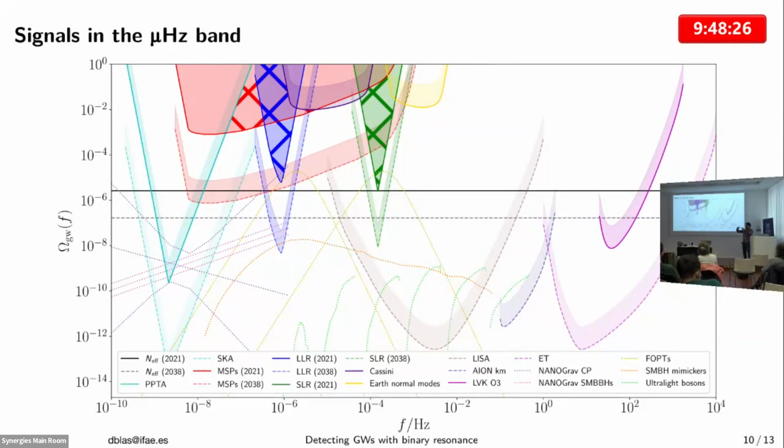And as it spins, this cloud has a very, very big moment of inertia, which is moving. So it generates gravitational waves, which are almost monochromatic, right? And the frequency has to do with the spinning of the black hole. But to generate the cloud, the spinning and the mass of the dark matter candidate have to be related. And if you take what people expect for these black holes to be emitting for different dark matter masses, this is for 10 to the minus 21, 10 to the minus 20, 10 to the minus 19, 10 to the minus 18.